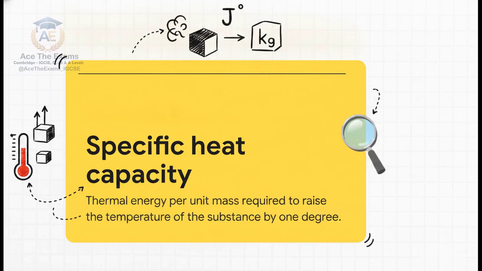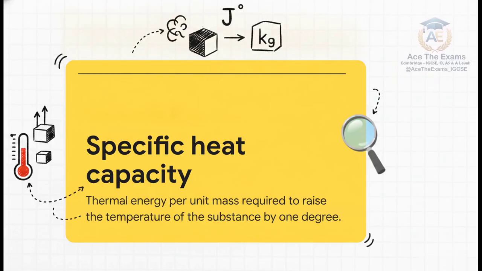Well, it all comes down to specific heat capacity. Represented by the lowercase letter c, this is the thermal energy per unit mass required to raise the temperature of a substance by exactly 1 degree. Now, pay close attention to that word specific. In physics, whenever you see the word specific, it almost always means per unit mass, in this context, per kilogram. So we are measuring exactly how many joules of energy it takes to heat up 1 kilogram of a material